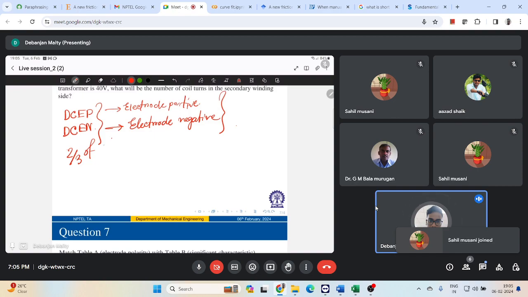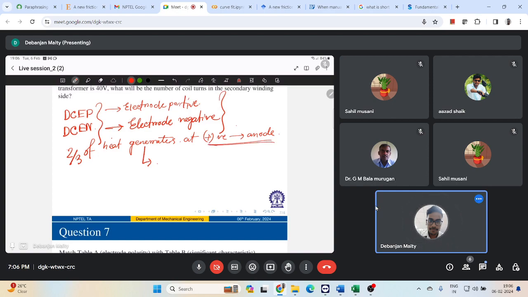So approximately two-third of the heat is generated at the positive end, or the anode, due to the impingement of high speed, high energy electrons. Because the anode is attracting the electrons, with their high kinetic energy, most of the heat is generated at the anode,